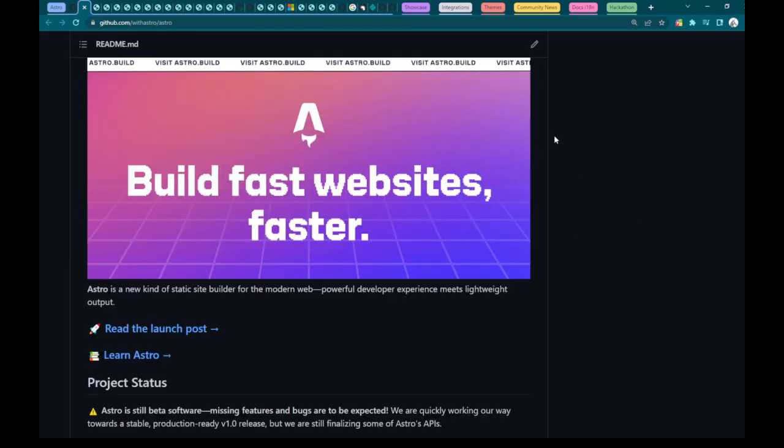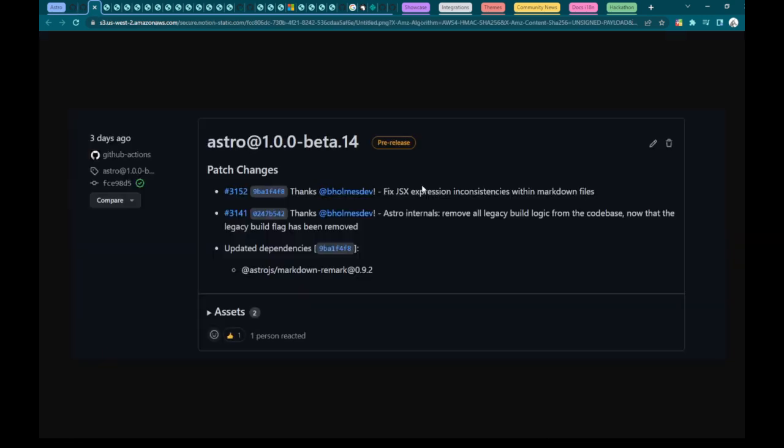First up, we're going to be taking a look over Astro's release log. There was no release of beta 0.13 or beta 13, the cursed release. I reckon Astro are the kind of people that won't name a boat the Titanic, just to be on the safe side. But nonetheless, we started the week off with a release of beta 14, which came with fixes towards